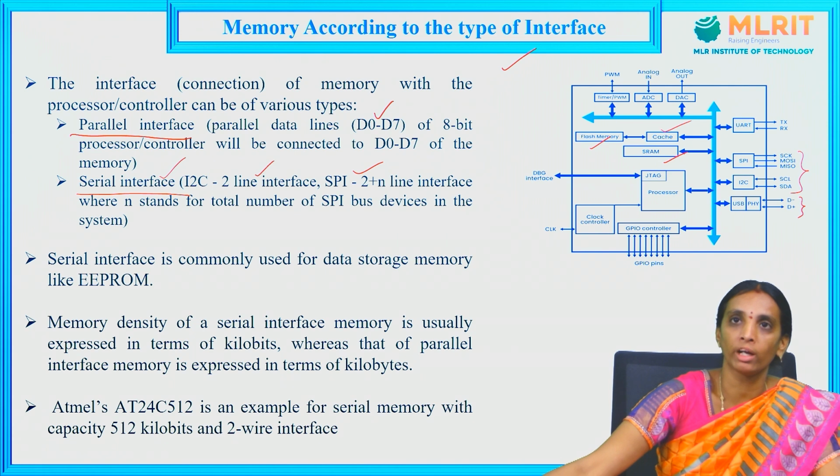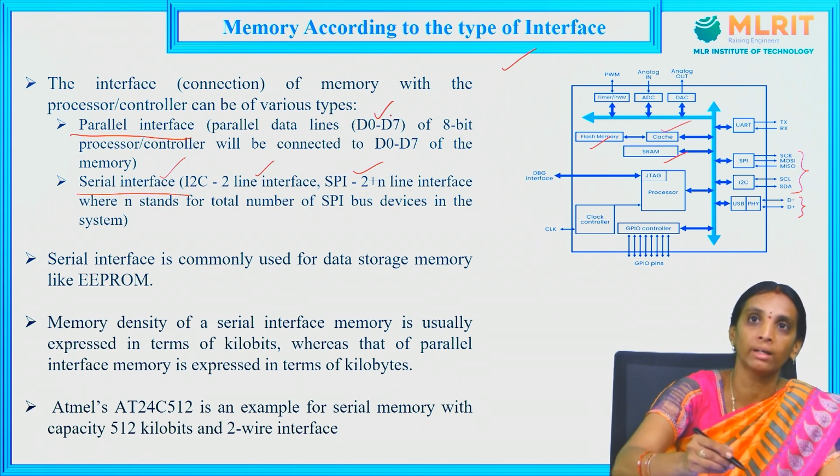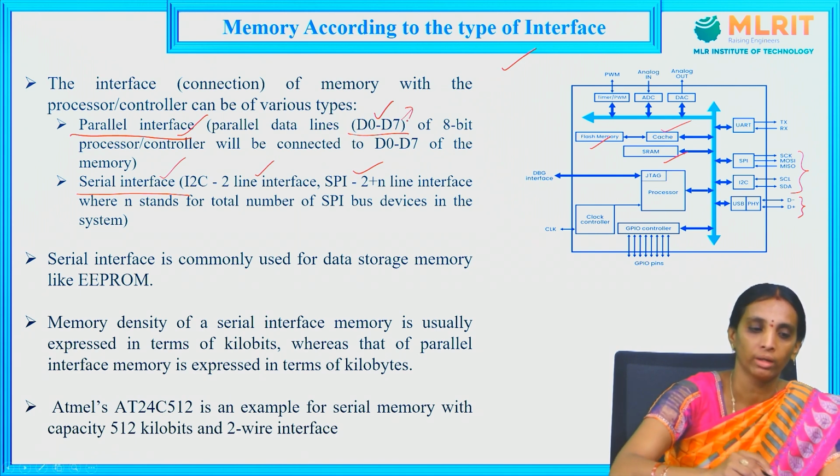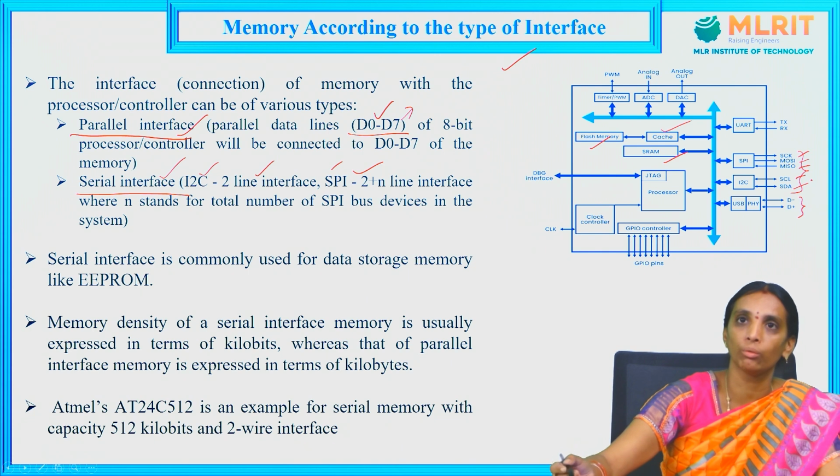When we want to transfer data serially to the memory, we can use these serial interfaces. If we want to transfer data to the memory in parallel, or use a parallel device to transfer data to the memory, we can use the parallel interface. In the parallel interface, we can use D0 to D7 for connecting the bus to the controller. For serial interfacing, we have I2C and SPI pins, with control pins and data pins, used for interfacing to the microcontroller.